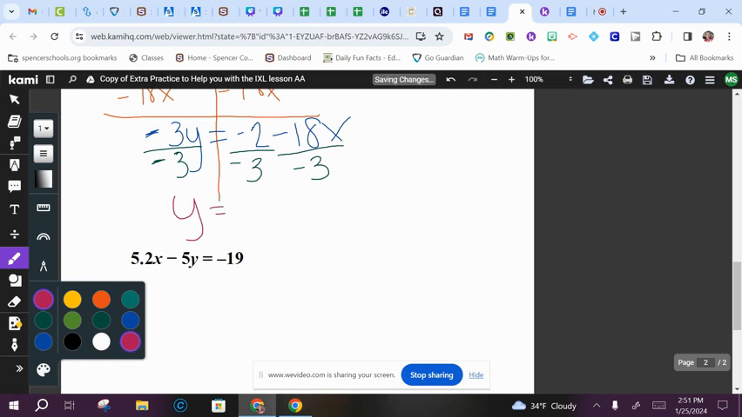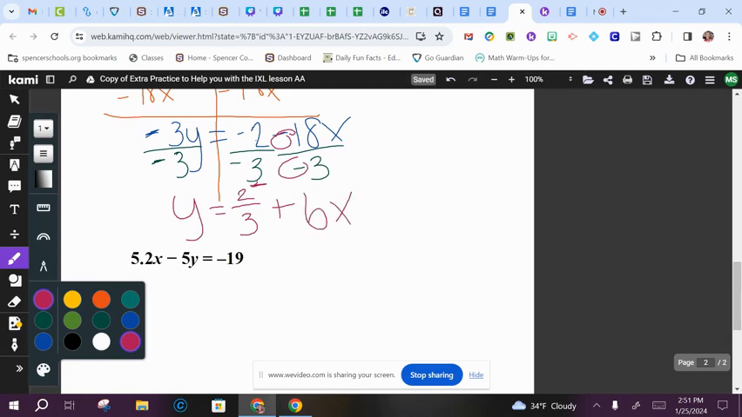Negative divided by negative is a positive, and 2 and 3 here, it's not going to reduce, because they're both prime numbers. So you get negative 2/3. A negative and a negative here is also going to be a positive, and 18 divided by 3 is 6,